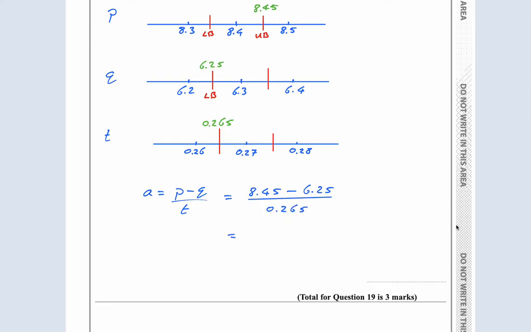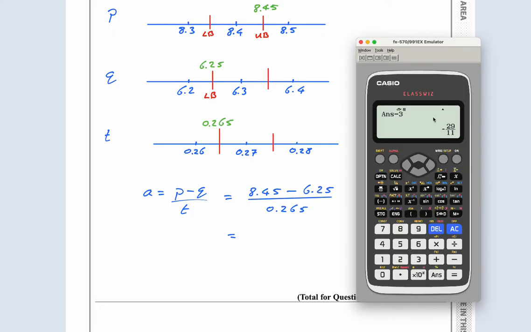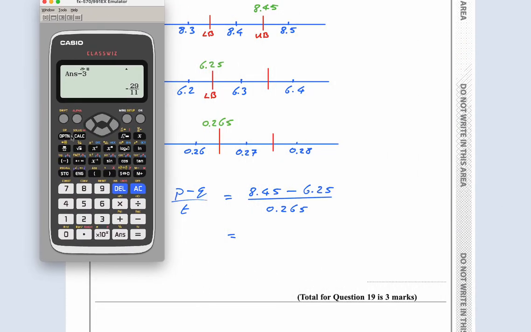Definitely use a calculator for this. Calculator, please. 8.45 minus 6.25 all over 0.265 gives me